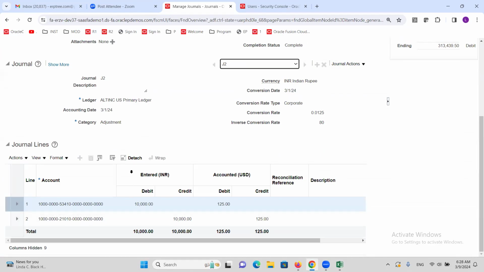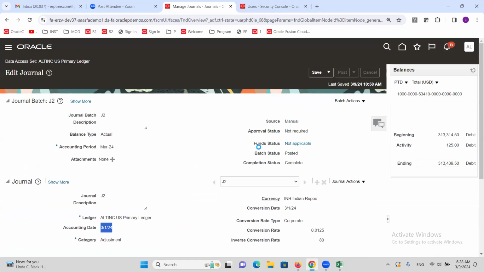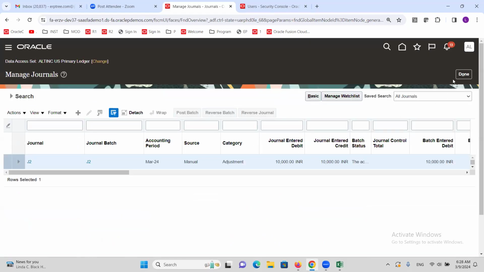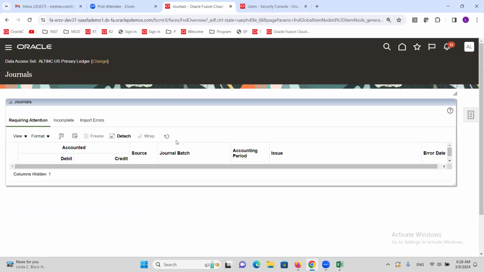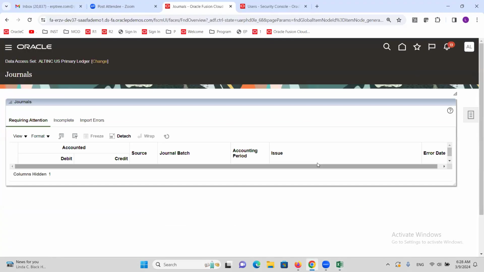When this journal got posted, 1st March. As on 1st March, the liability is $125. Now, today we want to do the reconciliation. Today we want to know what is our liability. Now,